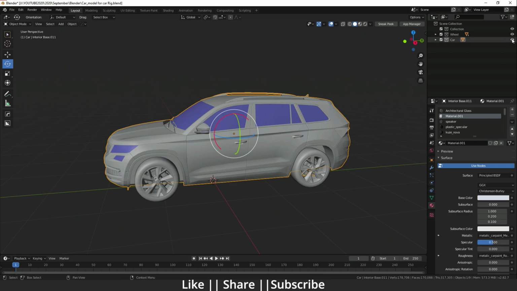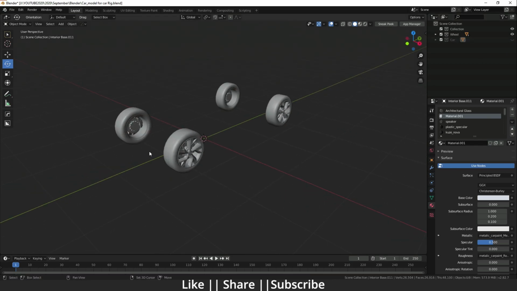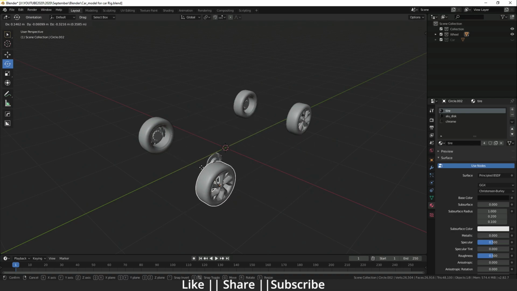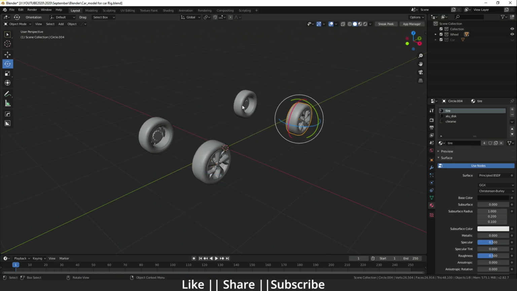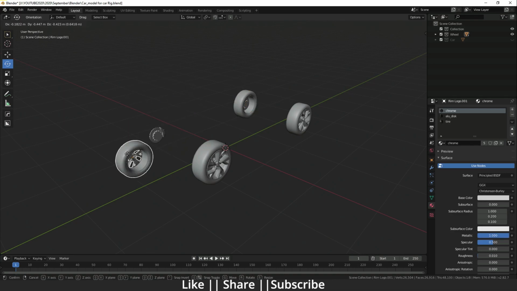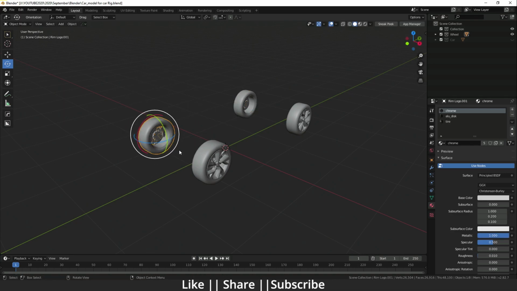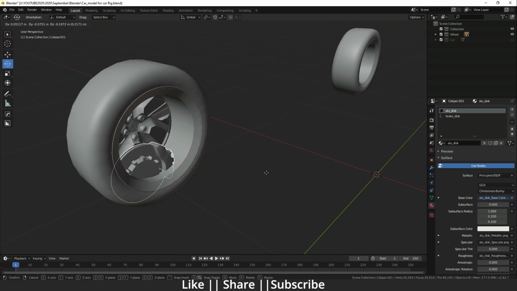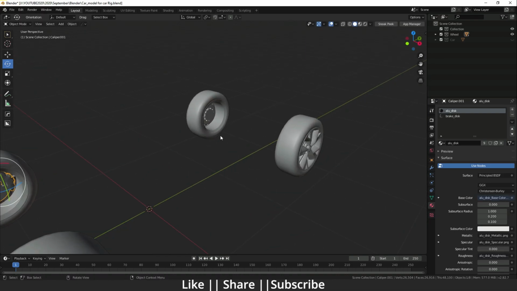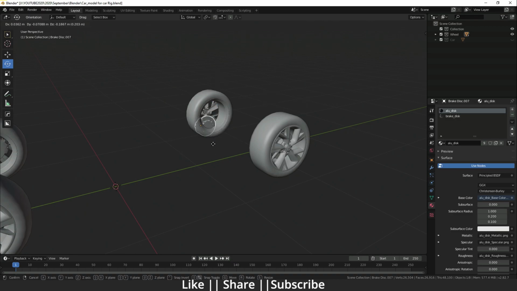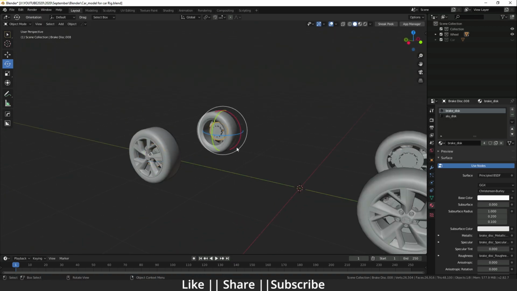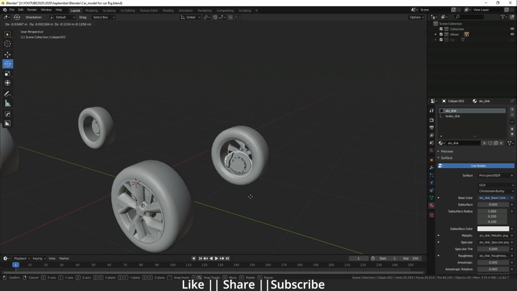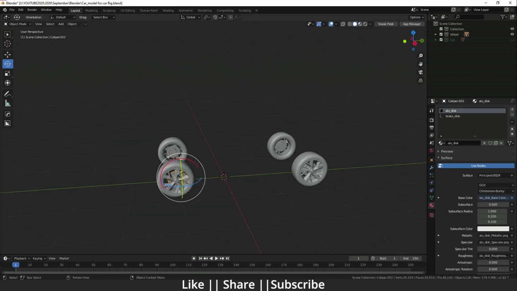I'm just going to hide that first, and I have already detached all the tires from the car individually. Here you can see we have four tires individually, and we can move them independently. I have already also detached the brakes. Here you can see. So you have to also detach the brakes and the tires, and that is a very simple trick, I think. Okay, so let's start the tutorial.